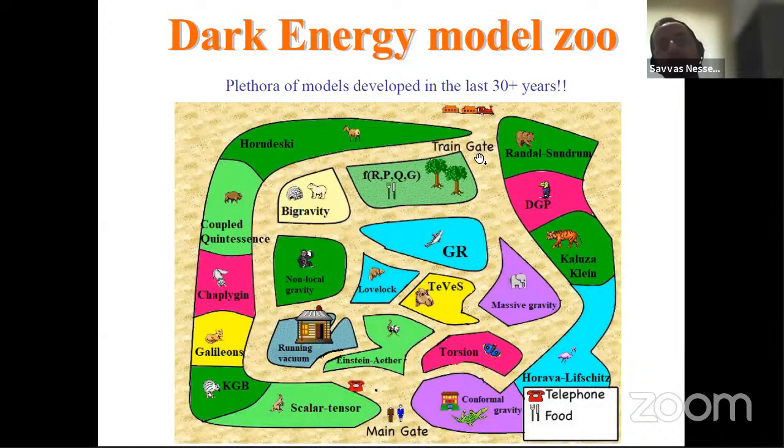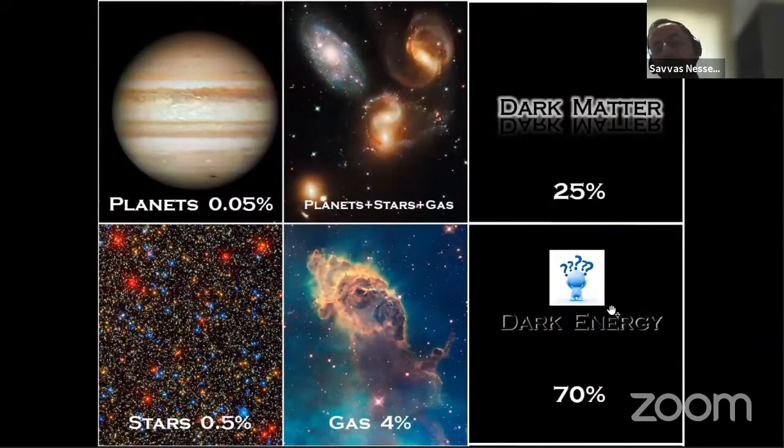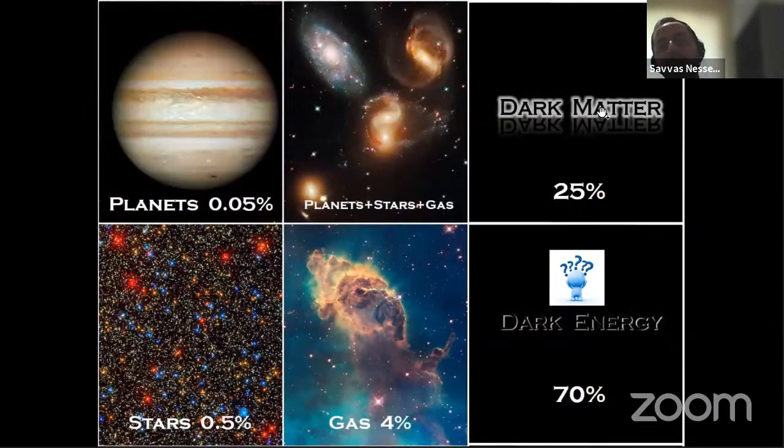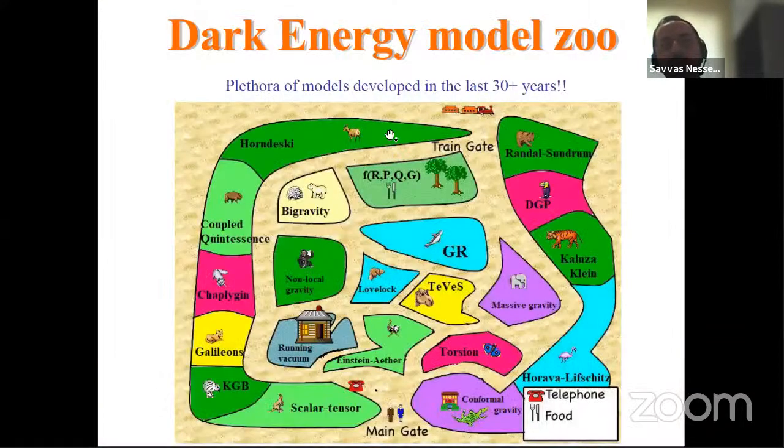And this only takes into account the models that try to explain dark energy. So in practice we also have as many more, or even more, models that try to explain dark matter. Okay, so we have a plethora of models that try to explain the dark components of the energy budget of the universe. And even though this is very nice and stimulating for theorists, in practice, this causes a few